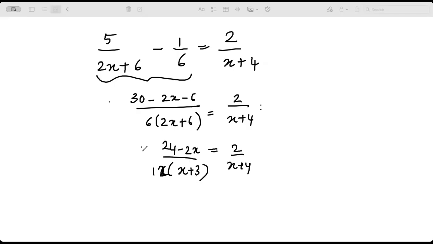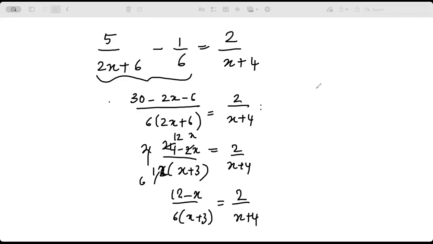So basically you can take out a 2 here. This will be 12 minus x, right? So this is 6. So 12 minus x by 6 times x plus 3 equal to 2 by x plus 4. So you cross multiply, should be fine. 12 times x plus 3 will be equal to x plus 4 times 12 minus x,